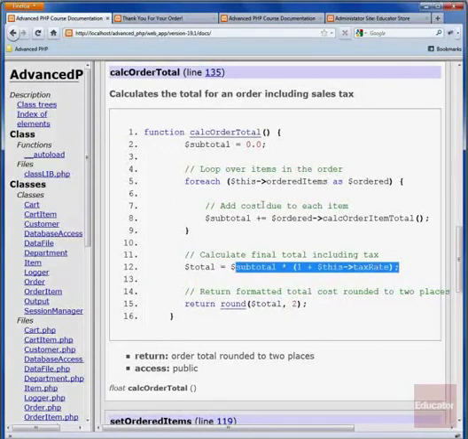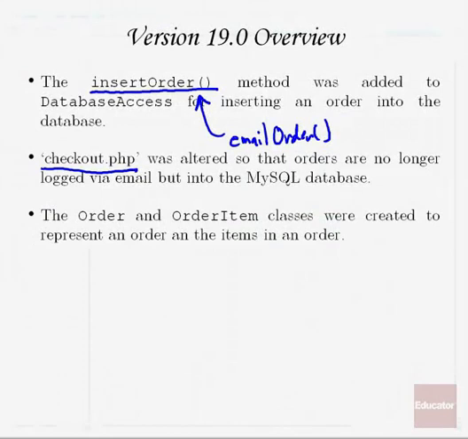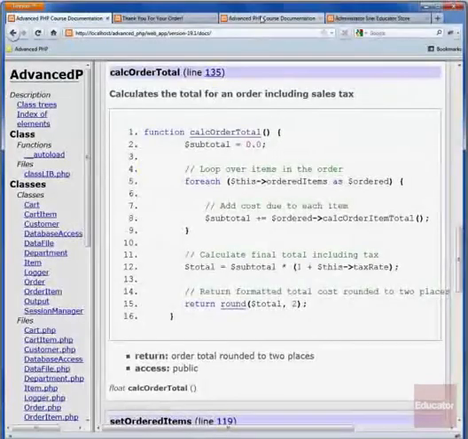It rounds it off and then it returns that, and that's a way that we're going to be able to calculate an order total in the future, and we're going to see that in a little bit, when we look up an order in the database. These are the methods that we're going to use to do that. So if we look at